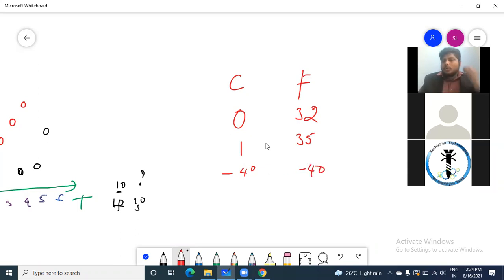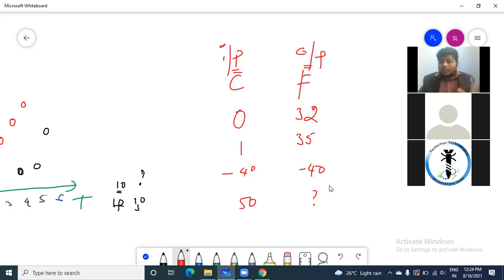So now you might come to a conclusion about what the relation between these two is. I've given input, this is my input, right? I've also given my output, which is my Fahrenheit value. So my input is centigrade, my output is Fahrenheit. Now you tell me what the relation between these two is, such that I can create an equation which is my machine learning model. Anytime in the future, if I give some other input such as 50, I should get the output saying that this value is some XYZ value. How will I be able to predict the future? You have heard that machine learning is something which can predict the future, which is very useful in stock markets, in cricket games, IPL games, and all these things also.